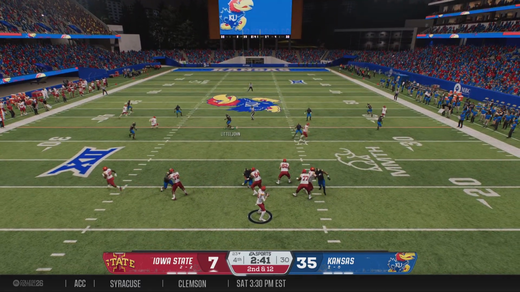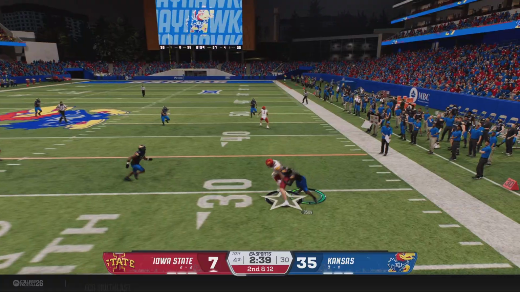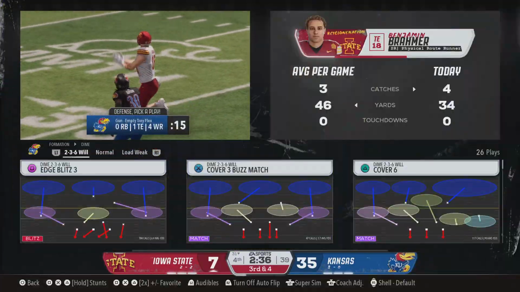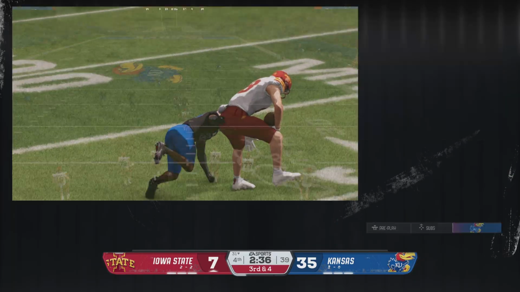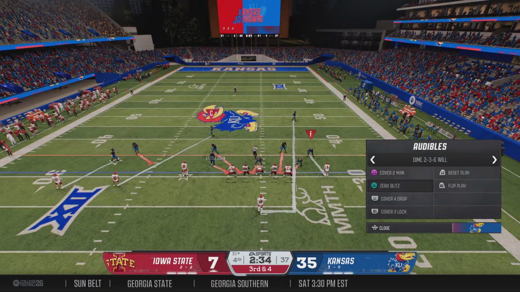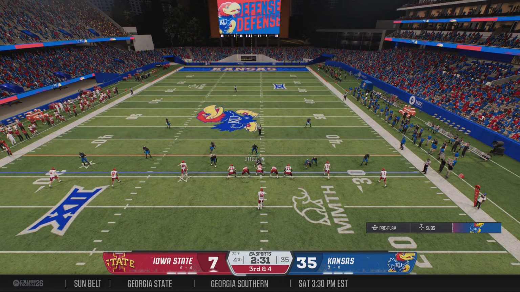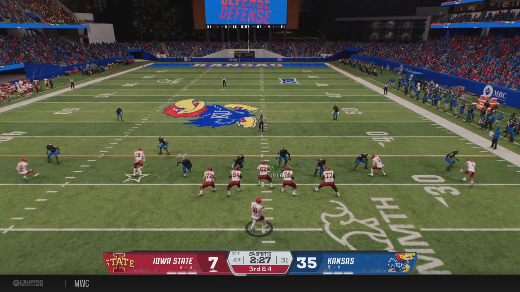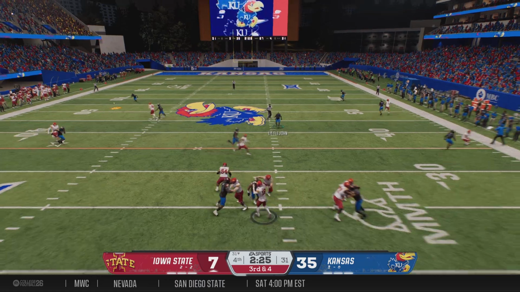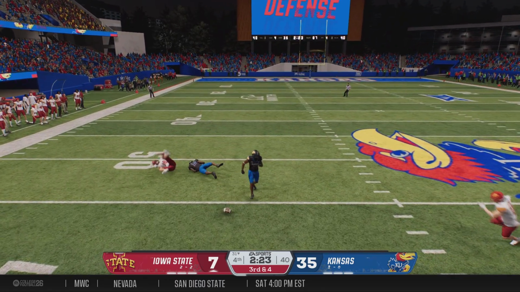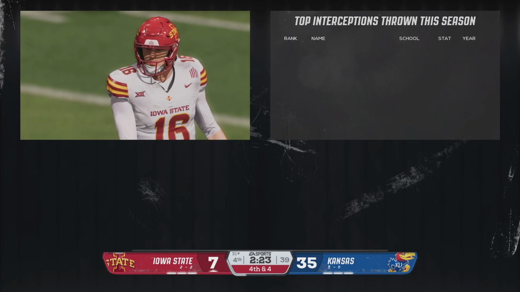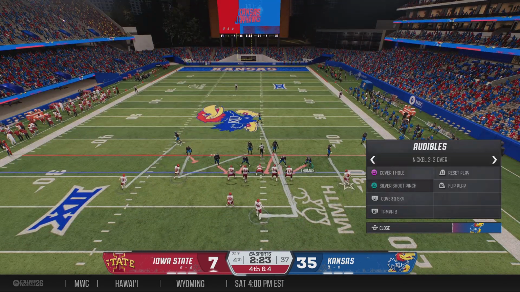Off the play fake. It's complete on the right side. Well, it's a nice job, too, of the quarterback after the play fake there, getting his eyes down the field. He had to get that to his tight end quickly, knowing he wasn't going to have a lot of space to run with after the catch. Out of the shotgun on third down. Oh, they really could have used that catch there. Physical pass defense. It brings up a fourth down.